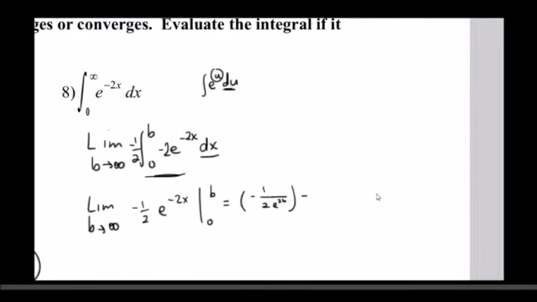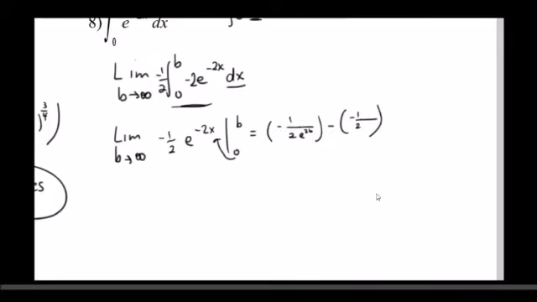Minus, now we need the antiderivative. The lower bound, so that's negative 1/2. And then if the 0 here replaces that x, we've got e to the 0, which is just 1. So really it's just negative 1/2 there. So what we've got to try to evaluate now is the limit as b approaches infinity of negative 1 over 2e to the 2b